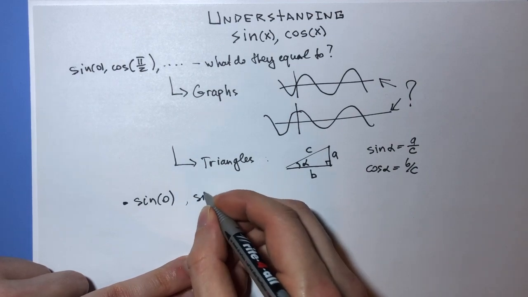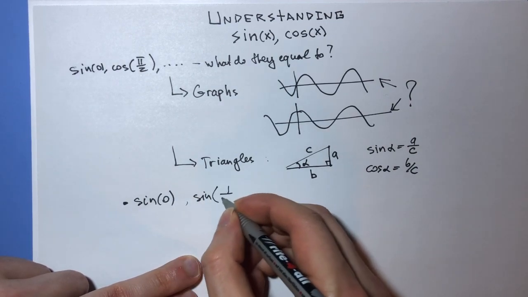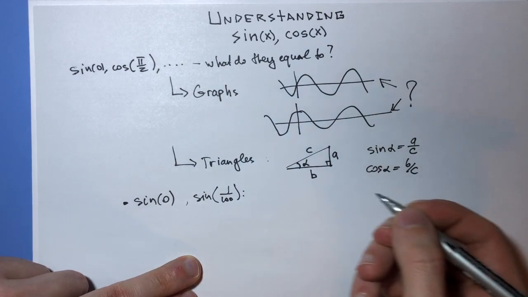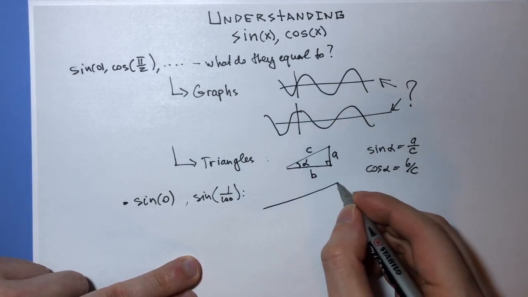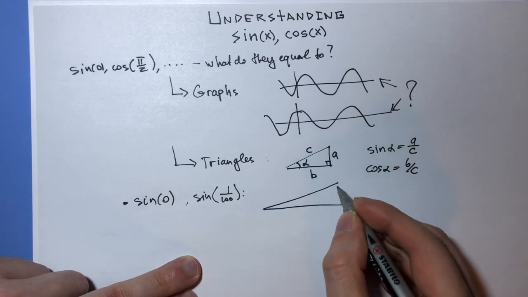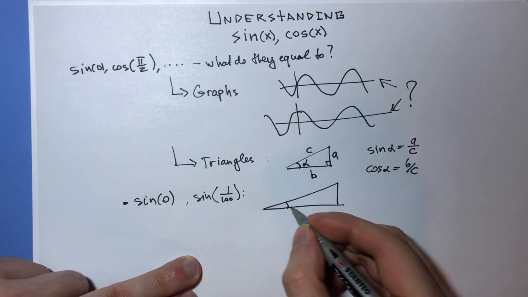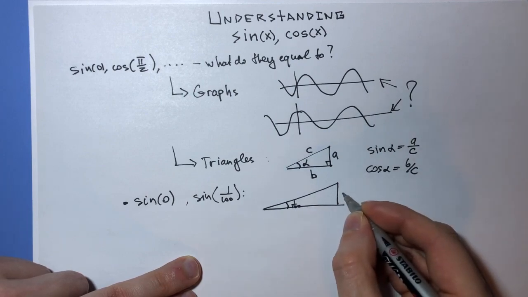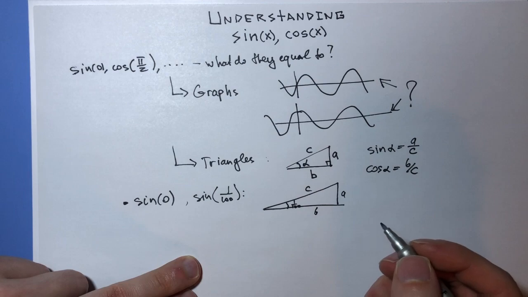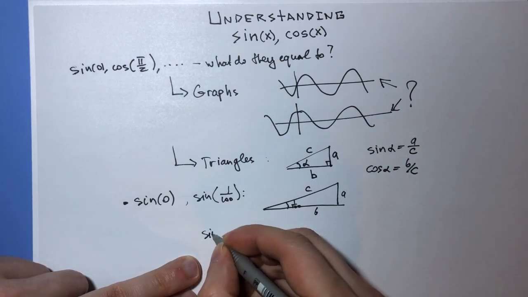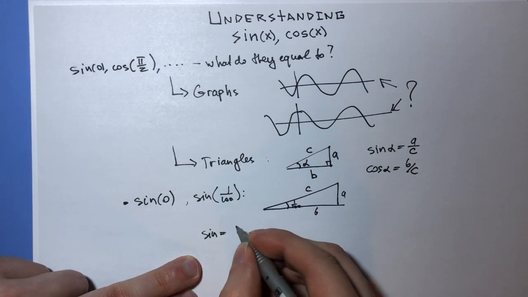So if we take sine of, say, 100th, what is it going to look like? The triangle is going to be very acute. It's going to look like this. A, B, and C. So sine is A over C,